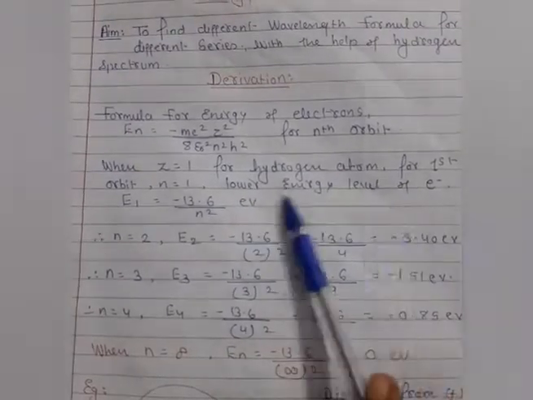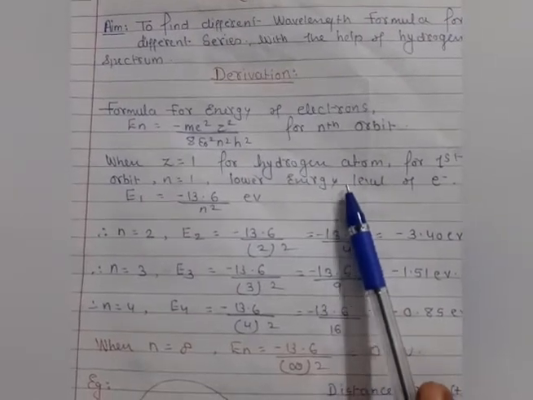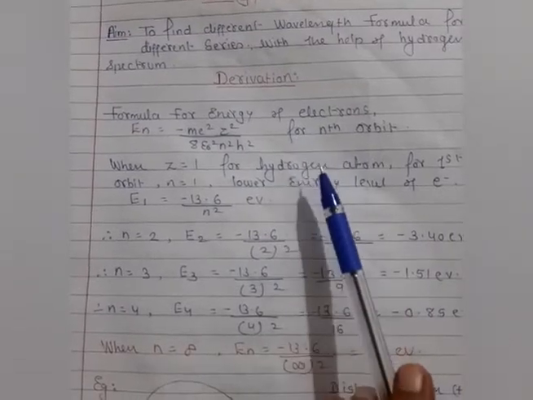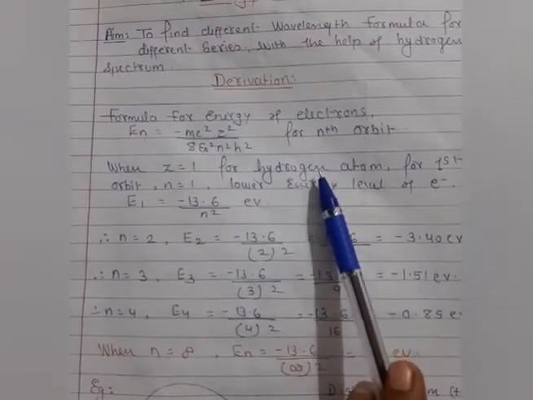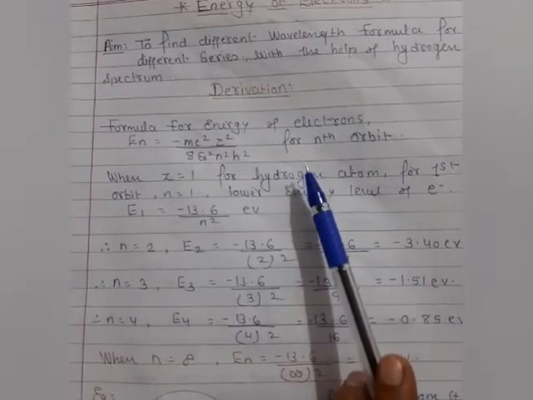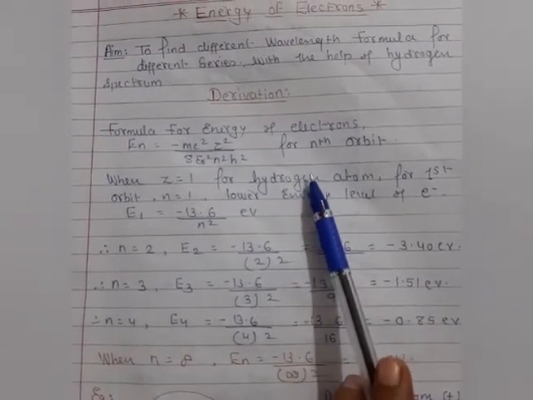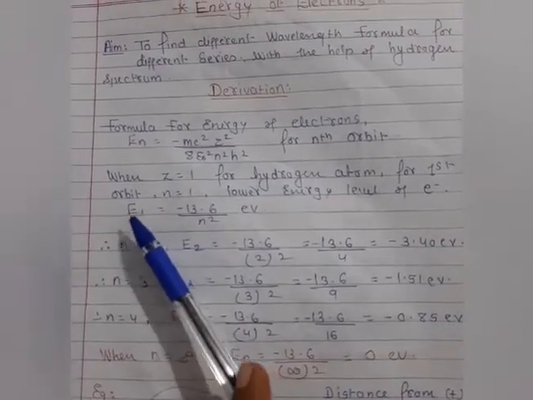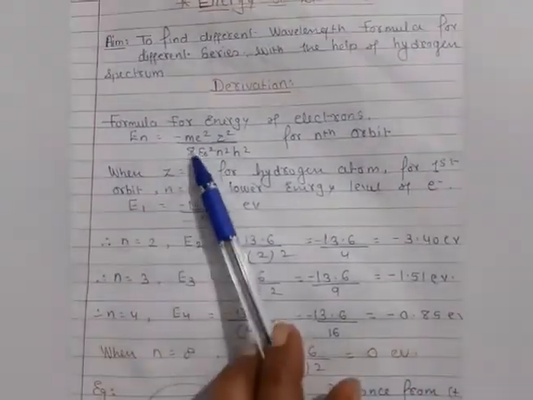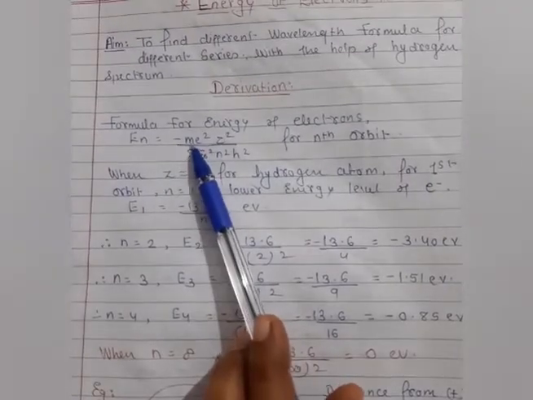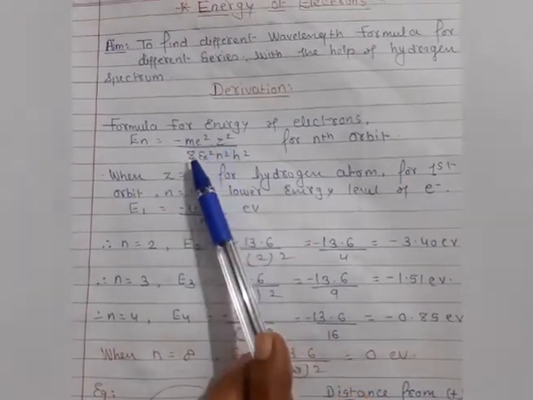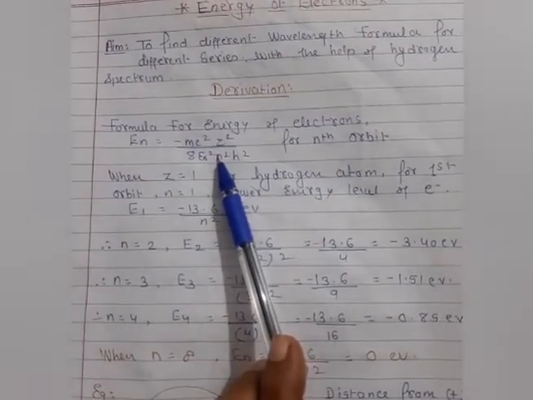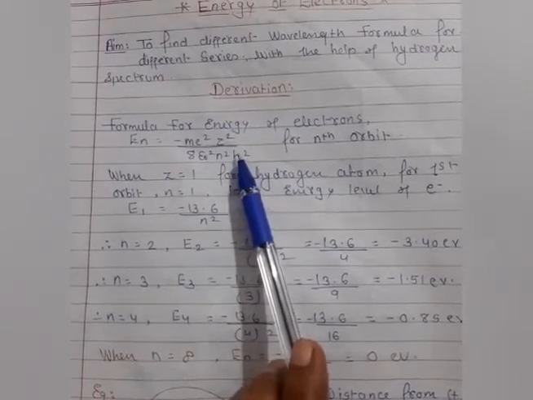I will explain the lower energy of electron, because as you know very well, when we talk about the first orbit, second orbit, third orbit, in each orbit the energy of the electron gradually increases, as we already studied in Bohr's third postulate. So if I consider the energy of the first orbit, that is E1, we know the mass of electron, the charge of electron, Z is 1, and the epsilon value is 8.85 into 10 raised to minus 12, the value of n is 1, and the Planck constant is 6.6 into 10 raised to minus 34.